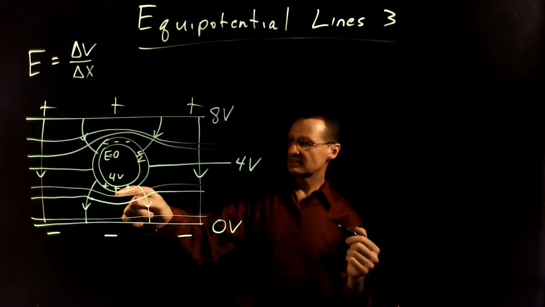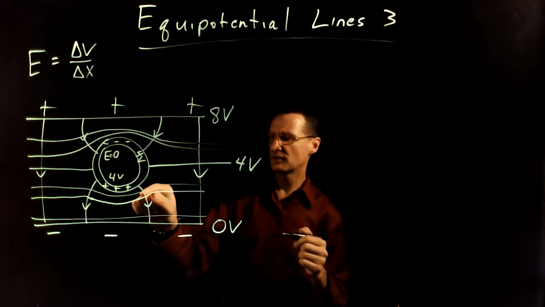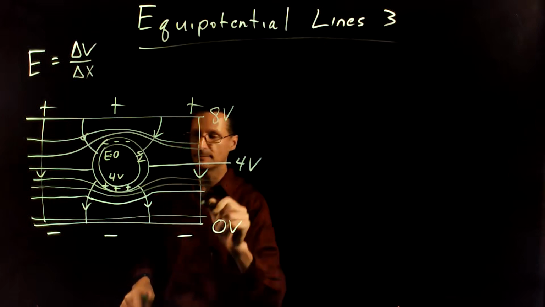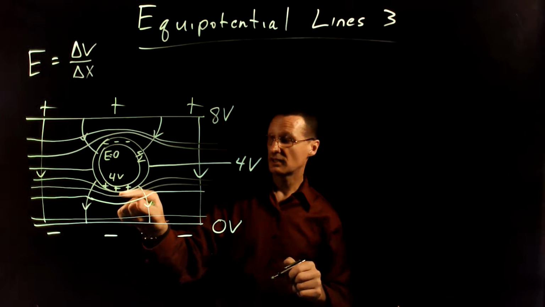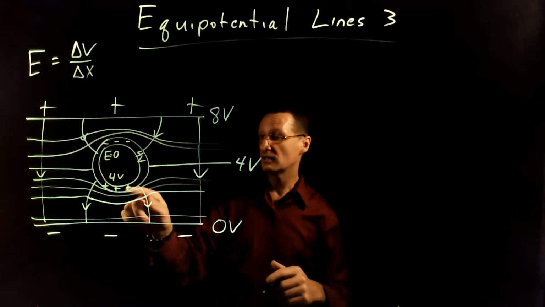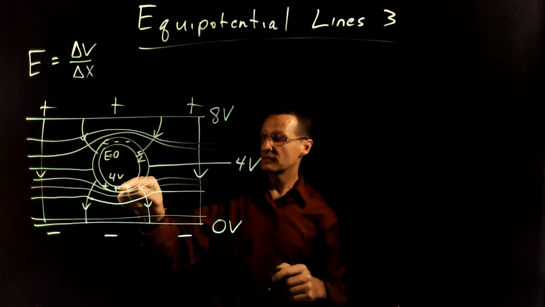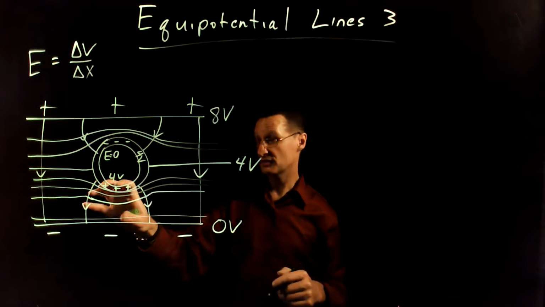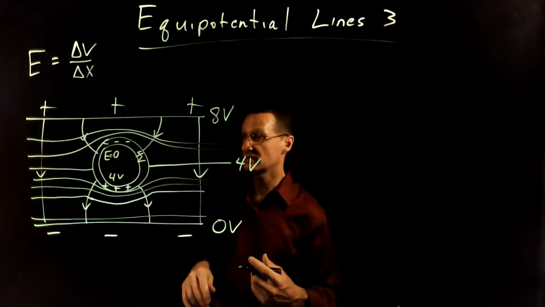Now, does it also make sense that the electric field lines are bunching up here? What does that tell you about the electric field right around here as you get closer to the surface right here? Well, the electric field right here must be getting stronger and stronger. It's pretty strong here versus over here. Well, why would that be? Well, think about what's happened with the charge. You've induced charges here, and so the charges have kind of bunched up down here, and so there's more charges here, and so the electric field right there is going to be a bit stronger, and that's what's needed to distort this electric field